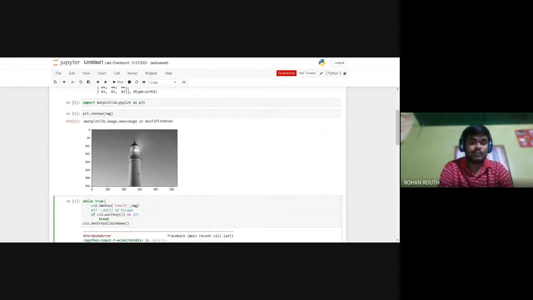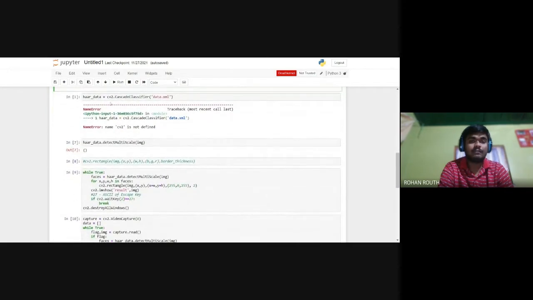So next we have haar_data. We have used this statement: haar_data equals cv2.CascadeClassifier with haarcascade_frontalface_default.xml. There were two scientists, Viola and Jones. They prepared an algorithm for face recognition using Haar features. What are Haar features? Haar features are facial recognition features that are specific to humans. By features such as eyebrows, mouth, lips, etc., we can recognize a human face. So they designed an algorithm, and we can find it online. There's a GitHub repository for it, and I have imported the XML file from there.